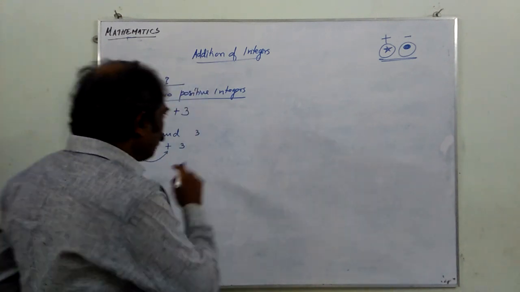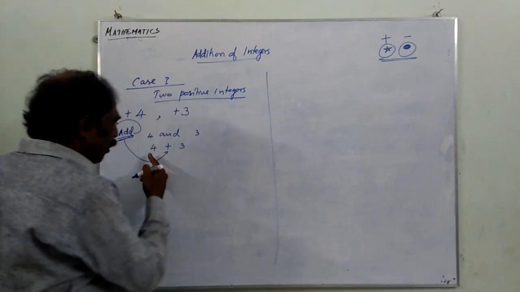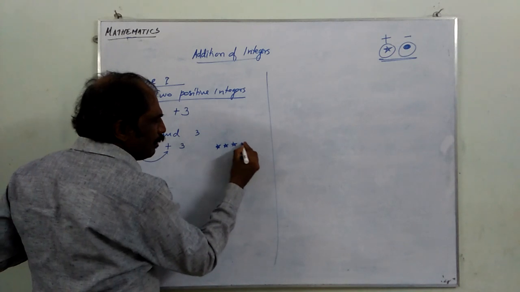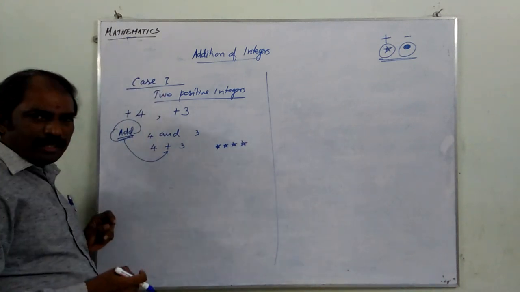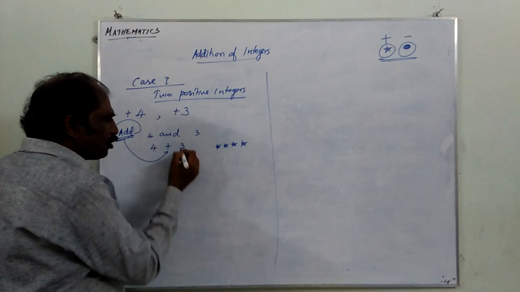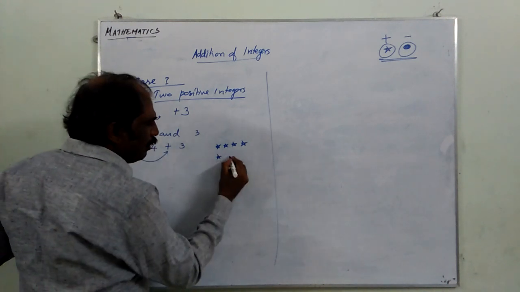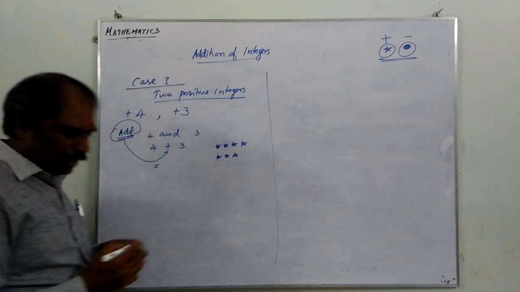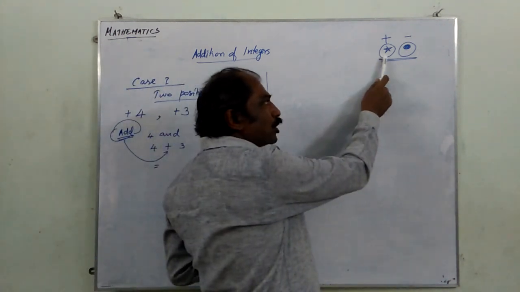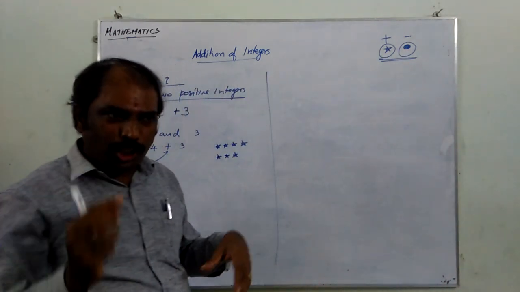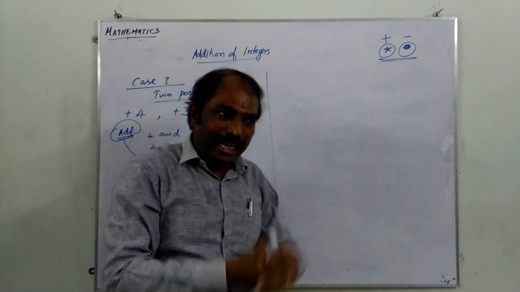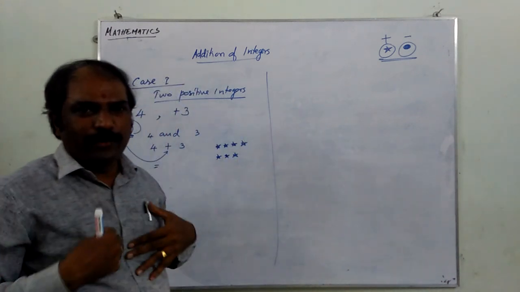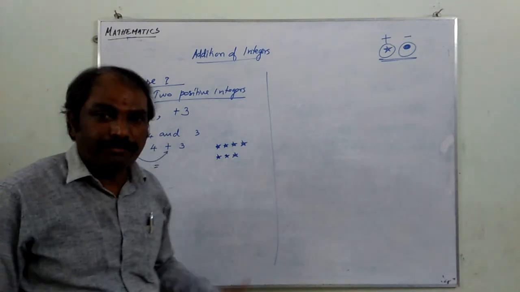Then how will it become? For positive, we have stars: 1, 2, 3, 4, four positives. And this is also positive: 1, 2, 3. Now for the result. As we have seen, one star eats up one dot, just like a starfish catches a small fish and eats it away. They both go out of the scene.